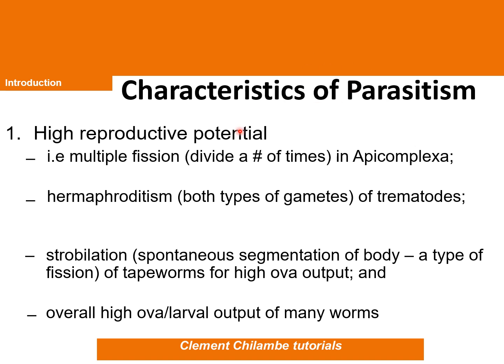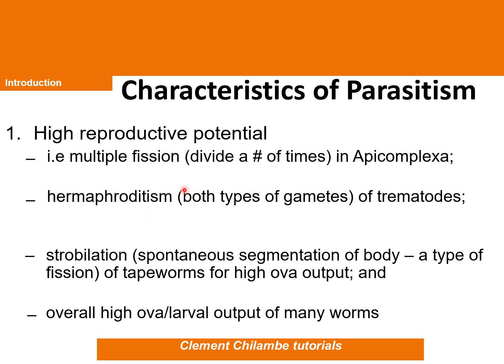Okay. So now let's go to the characteristics of parasitism. Now, this is medical parasitology and we were discussing associations, right? And now we are moving to another area where we need to discuss parasites in general, and in this section we are going to talk about characteristics of parasitism, whether it's under entomology, helminthology, acarology or protozoology. All these are characteristics of what? The parasites. So number one, all parasites have a high reproductive potential. Yes. So there is multiple fission, remember.